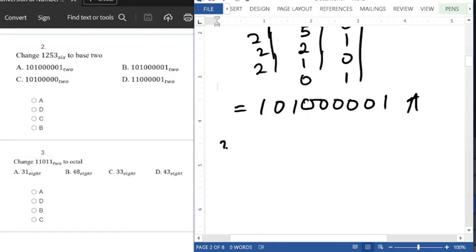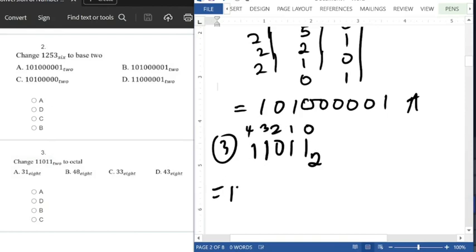Okay, question number 3. Change this one to octal. So that is in base 2, which means we're going to have 1, 1, 0, 1, 1, base 2. So to base 10 first, that's going to be 1 times 2 raised power 4 plus 1 times 2 raised power 3 plus,